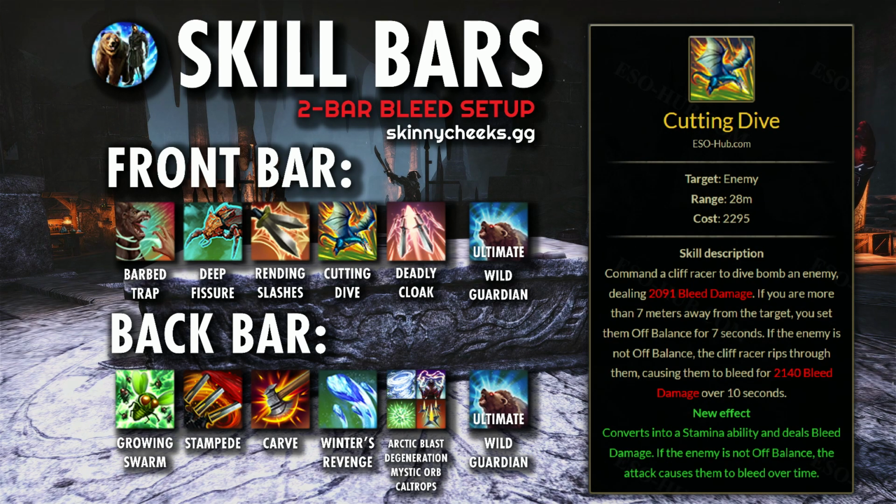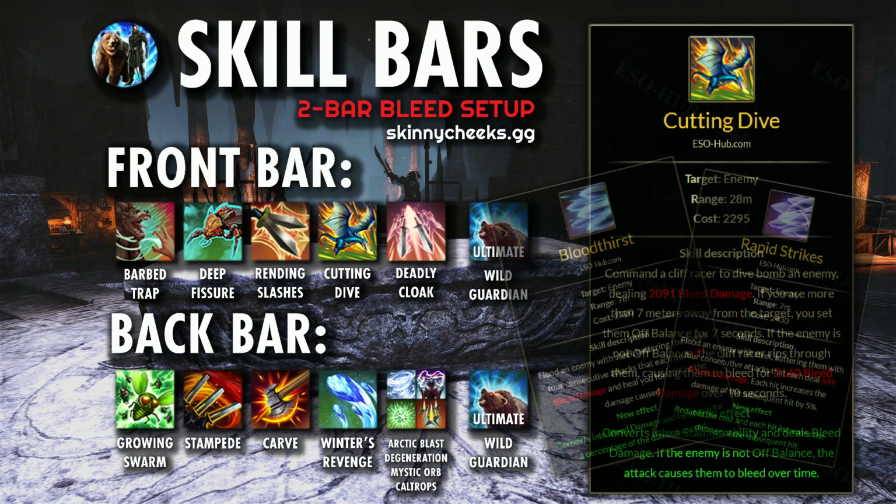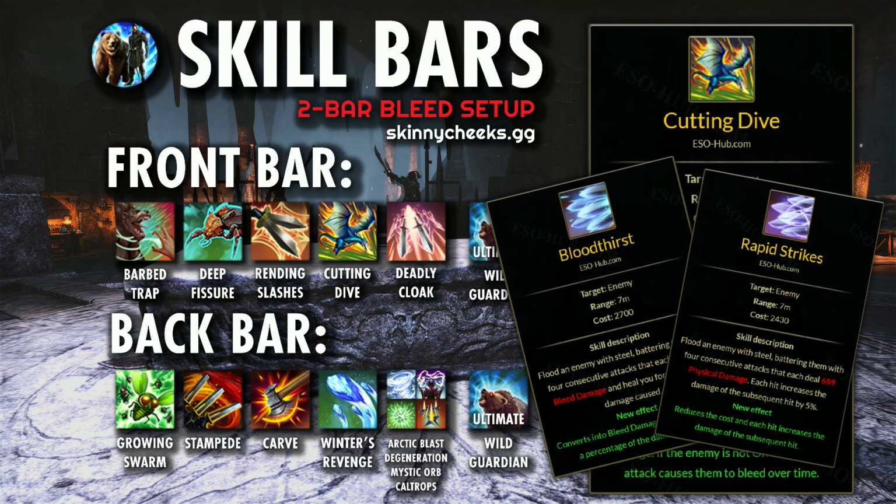And then next up is Cutting Dive. This will be our main spammable with this build. I especially prefer this if you're using a dynamic rotation, because Bloodthirst or Rapid Strikes can be a little annoying to bar swap off of due to their channel times. Also, the Cutting Dive bleed counts towards Dro'zakar, whereas Bloodthirst is not a dot, even though it is bleed damage. Bloodthirst does get boosted by the Blooddrinker set though, so maybe if you're running that instead,